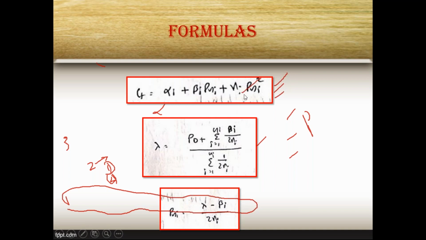After getting these parameters, find lambda. Lambda is equal to PD. We have total demand 800, right? So 800 plus the summation: beta 1 divided by 2 gamma 1 plus beta 2 divided by 2 gamma 2 plus beta 3 divided by 2 gamma 3. At the same time the denominator is 1 by 2 gamma 1 plus 1 by 2 gamma 2 plus 1 by 2 gamma 3. Then you can find the lambda value. After finding lambda, you can calculate the values to separate Pg1, Pg2, Pg3. So finally you will get the answer like this.